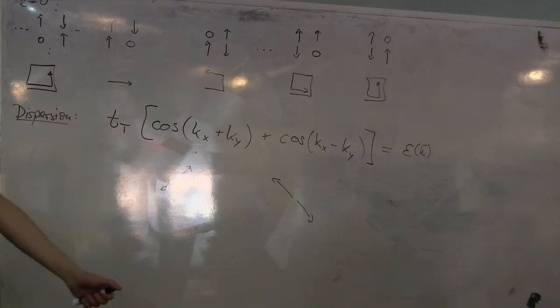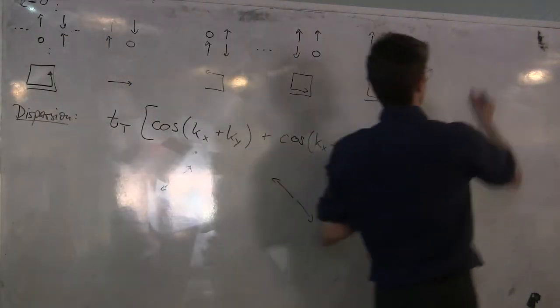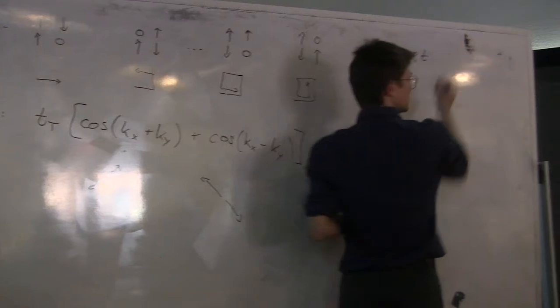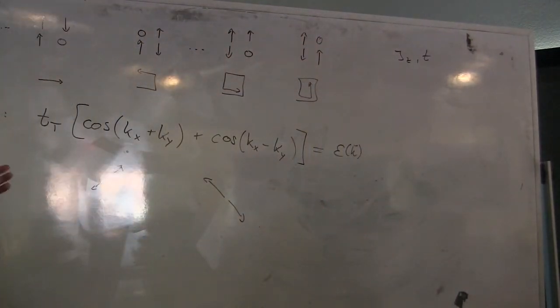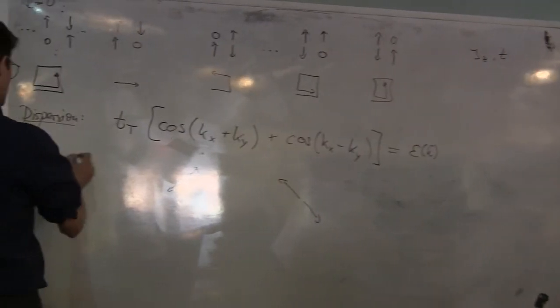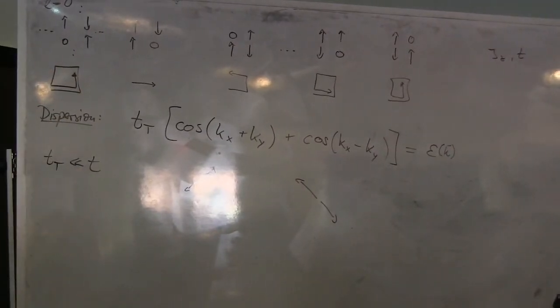So there are two energy scales in our problem, right? One is Jz, and the other one is t. So will it be proportional to one of those? Okay, so it turns out this is actually tricky. So the result will be that this Trugman t is much less than the tunneling t, and the idea is